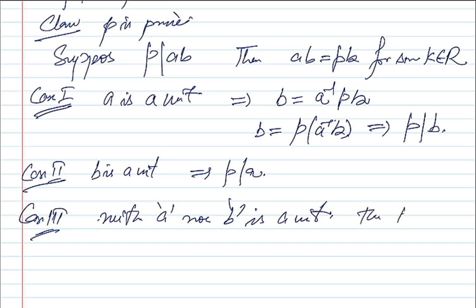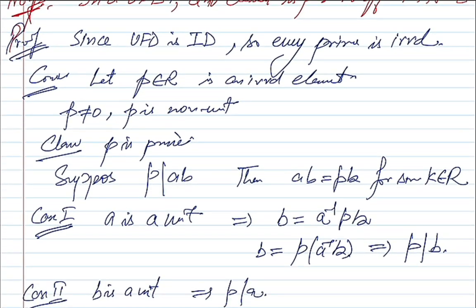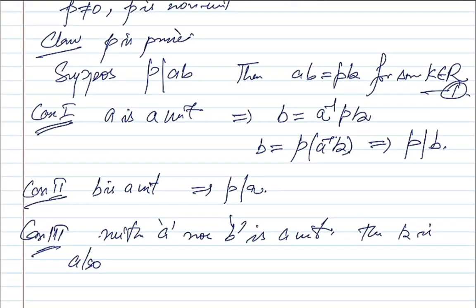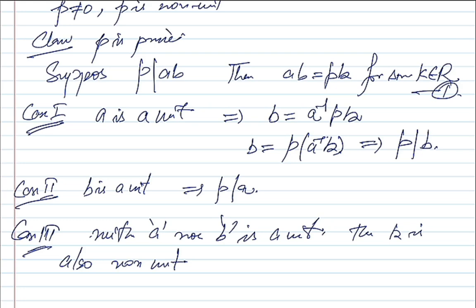So then K is also a non-unit, from this equation 1. Because if K becomes a unit, then either A becomes a unit or B becomes a unit. Okay, because if K is a unit, then